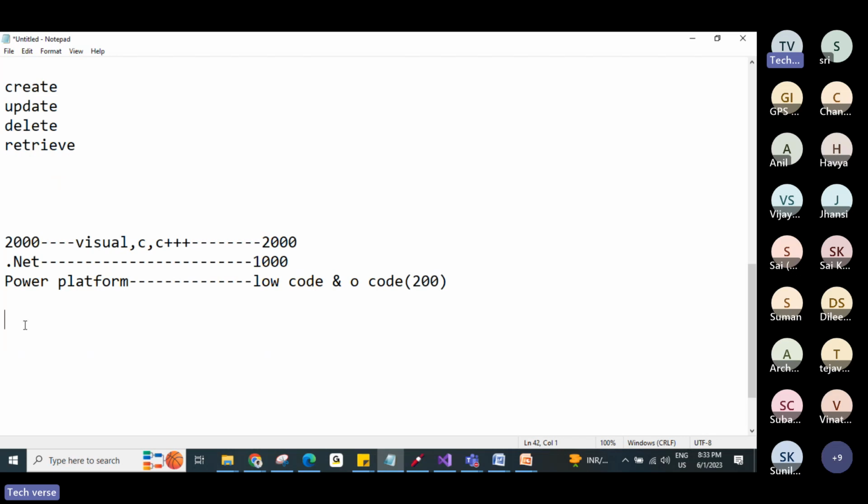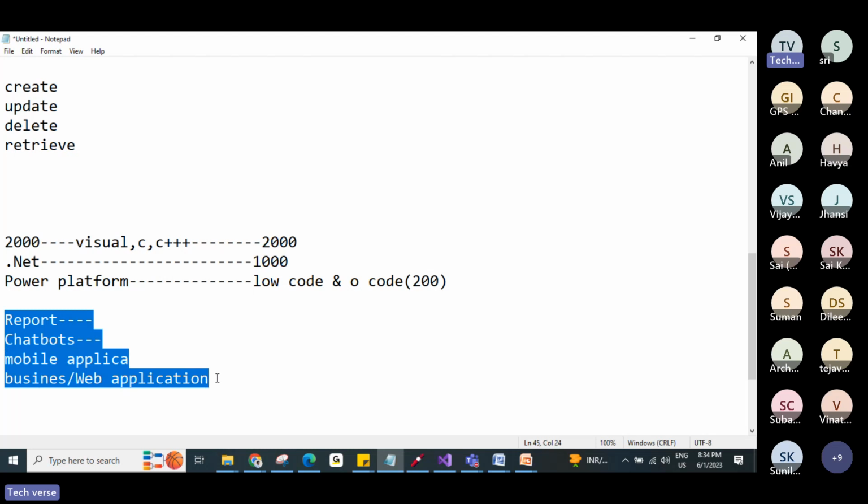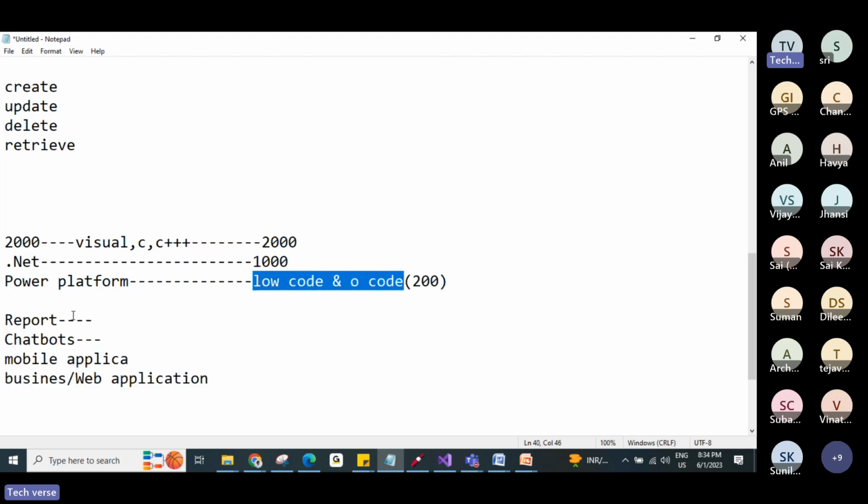Let's talk about some applications, like a reporting kind of application, where I only want to generate reports. We have chatbots also, which you can chat with. Mobile applications you can also develop. Business applications, nothing but web applications. Like that, in our market, we have different types of applications. In order to develop different types of applications with a low code, no code concept, Microsoft